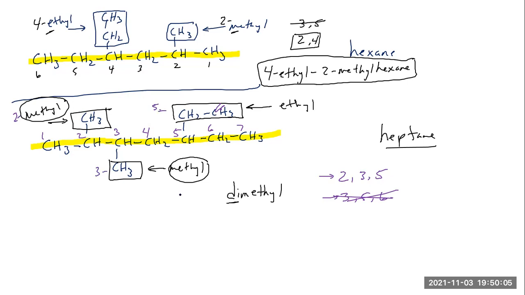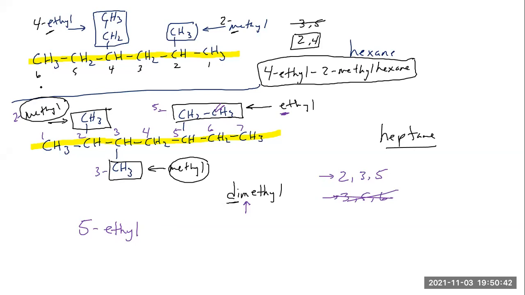All right, because we're going to go alphabetical here, we basically got dimethyl and we got ethyl. It is still E before M. So in this case, when we have a prefix, we ignore the prefix and go with the first letter. So that E is alphabetically before the M, which means the proper name here would be, starting with the ethyl at carbon number 5, 5-ethyl